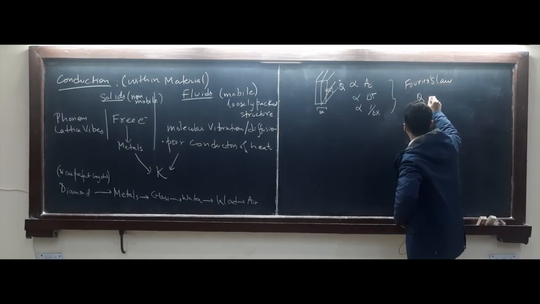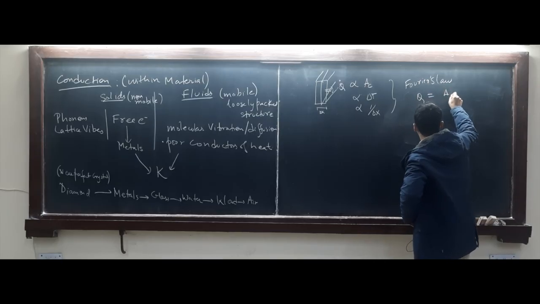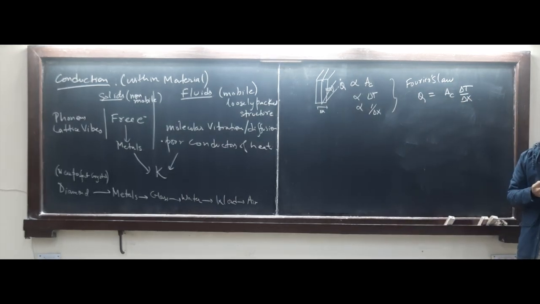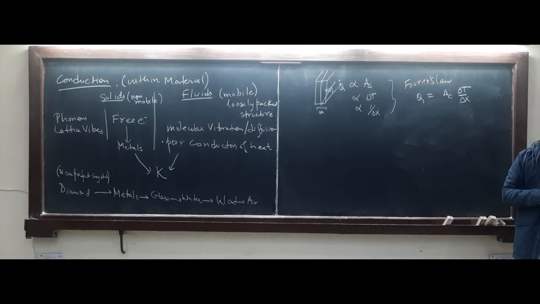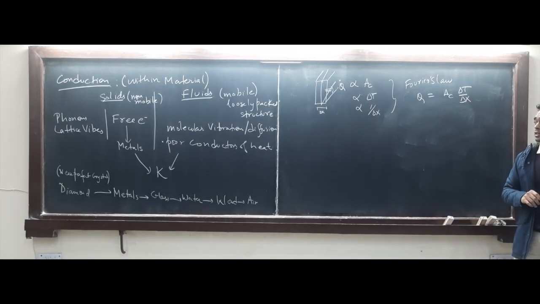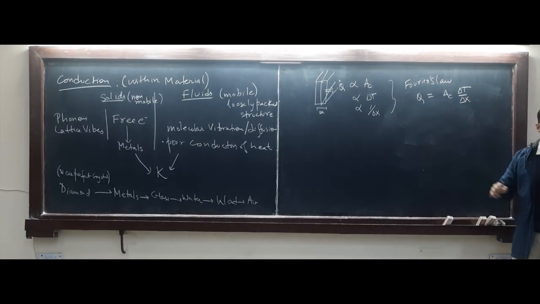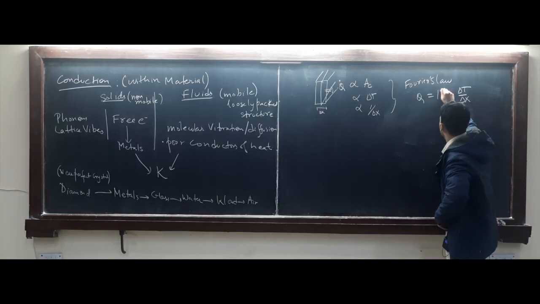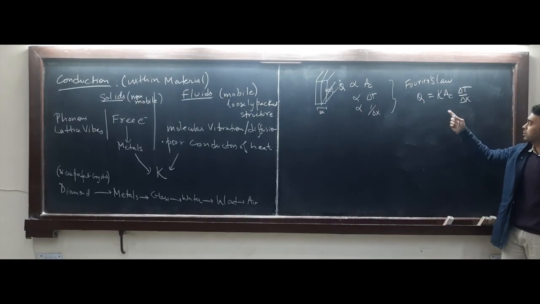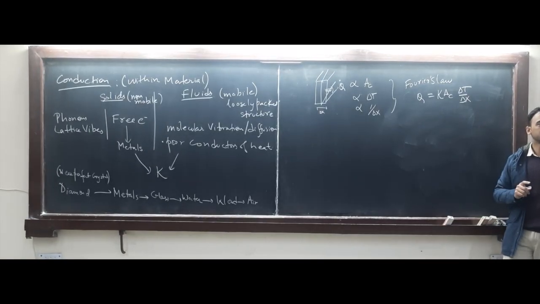What you know is Fourier's law: Q = -kA ∂T/∂x. We need a constant of proportionality, which will depend on the material's property to conduct heat for the same delta T. If you have a metal versus wood, different materials will conduct different amounts of heat for the same delta T. Yes? That would be your case. Now, does someone want to point out a mistake in this law, or should we add something to it?